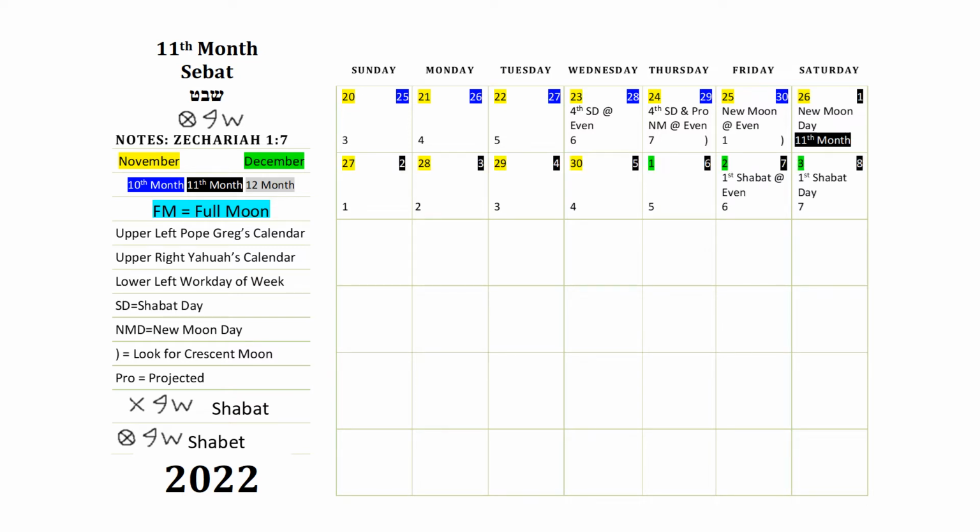On our second line, we have a month change. Right here, it transitions from November to December. But you notice, if our Shabbats are on Saturdays, that means we have to work 6 days to come back. So our starting new work day for that week will be on Sunday.